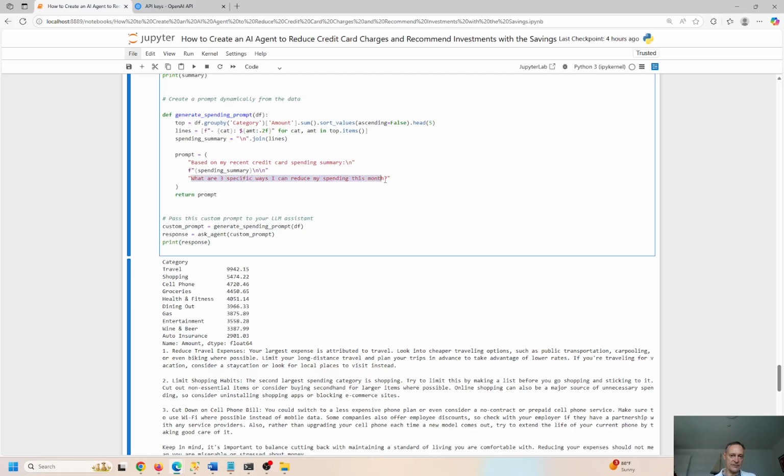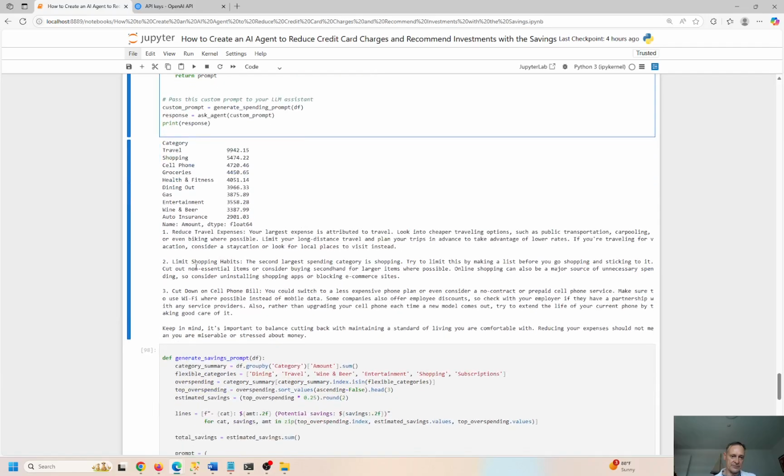What are 3 specific ways I can reduce my spending this month? It gives me 3. 1, 2, 3. Doing exactly what I said. So somewhat explicit, but the vernacular and the verbiage and the syntax that it returns in these sentences is totally made up, but in a realistic fashion, but totally made up by the agent, right? So it's not like a literal list of transactions of what happened historically, but based on the past, how can we plan efficiently for the future to save money?